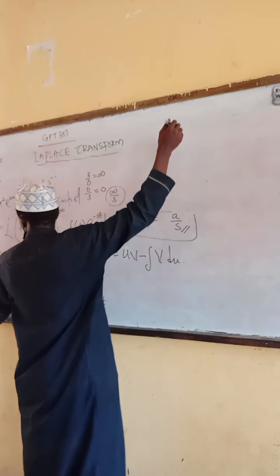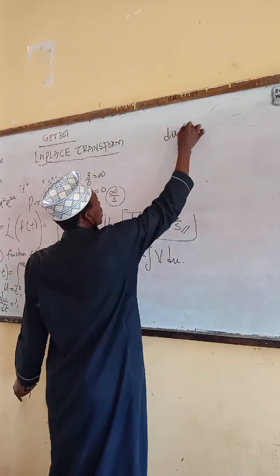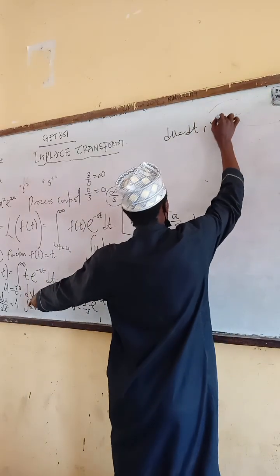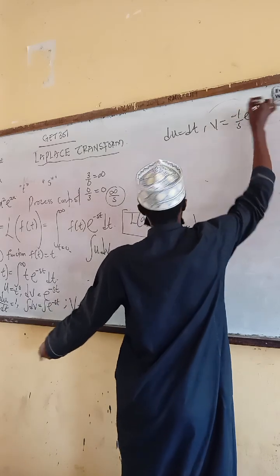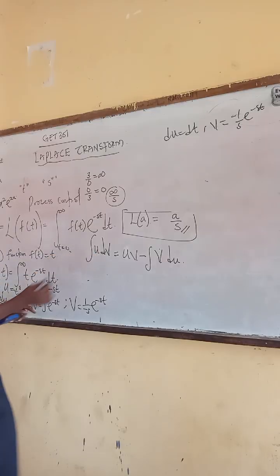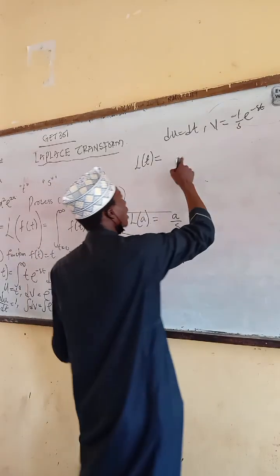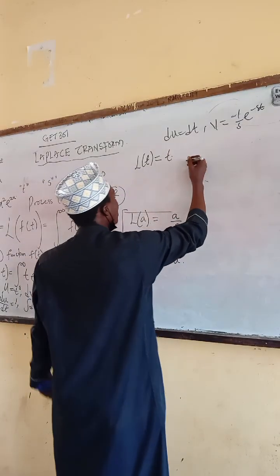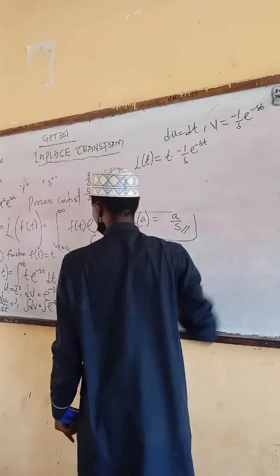Now let's continue. From du over dt equals 1, if you cross multiply, du will be equal to dt. Then v equals minus 1 over s exponential minus st. Now come and put it in your formula. So the Laplace of t is equal to uv, where u is t and v is minus 1 over s exponential minus st,